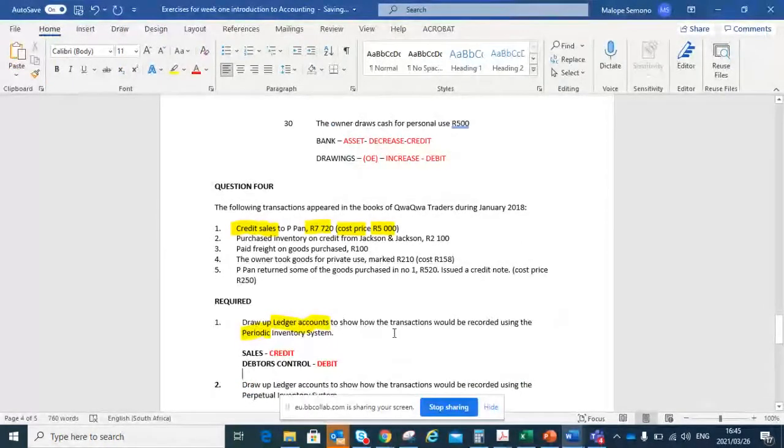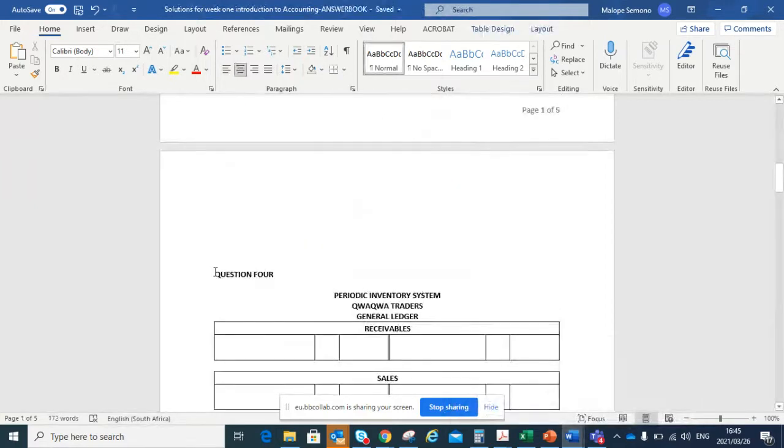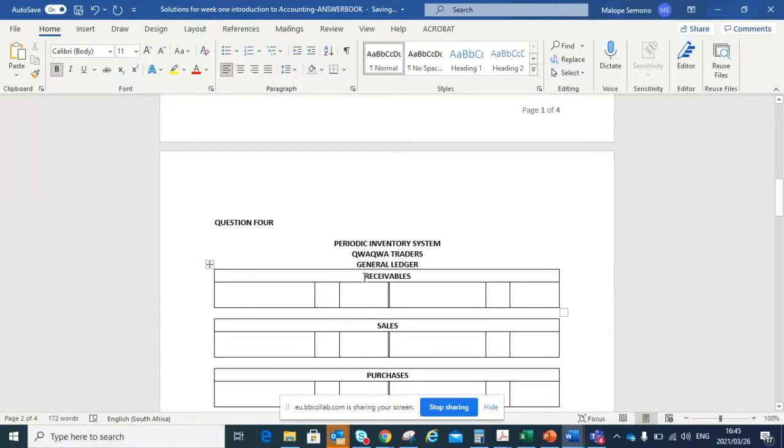Now I'm ready to go, and remember, even with the account equation, we did the same thing. But now remember, the 2 accounts are sales and debtors. So meaning I must go, for me, I have formats. So I'm gonna go to my format. Remember, receivables are the same as debtors control. Can you see? So the examiners change these terms.